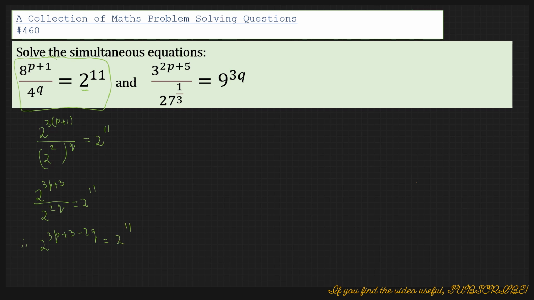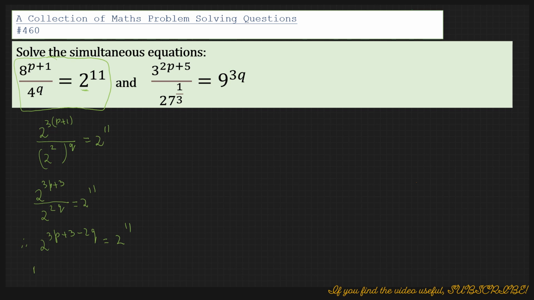The 2 to the power 2q was in the denominator; I brought it to the numerator, so it becomes minus 2q, added to the powers. So from here we get the first equation as